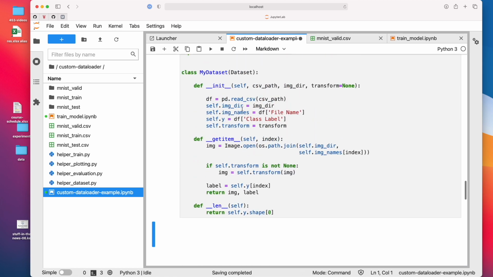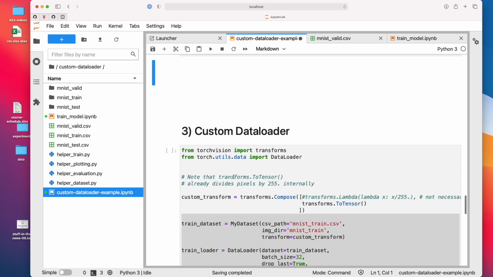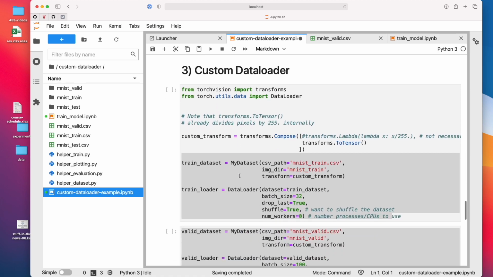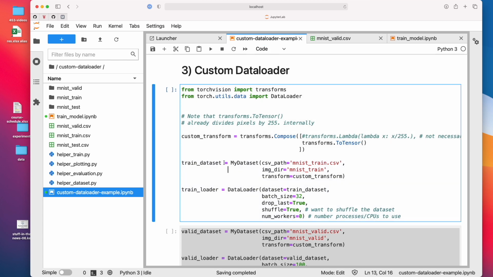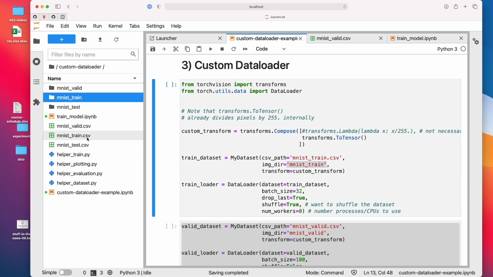So this is our dataset. So this is really specifying how we load a dataset or images from the dataset. And now this is the data loader that is also loading data points, but this is really for making our mini batches. So for doing that, we need the dataset. So here what I'm doing is I'm setting up the training dataset. So the training dataset has the CSV file mnist_train.csv and the folder mnist_train. This is this folder here and this CSV file.